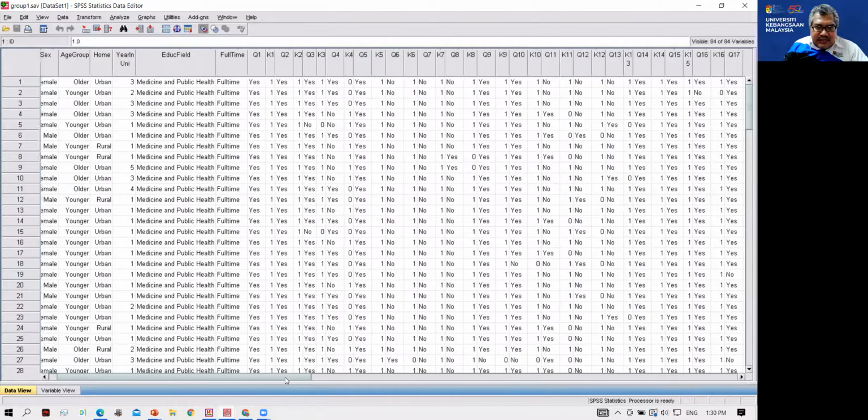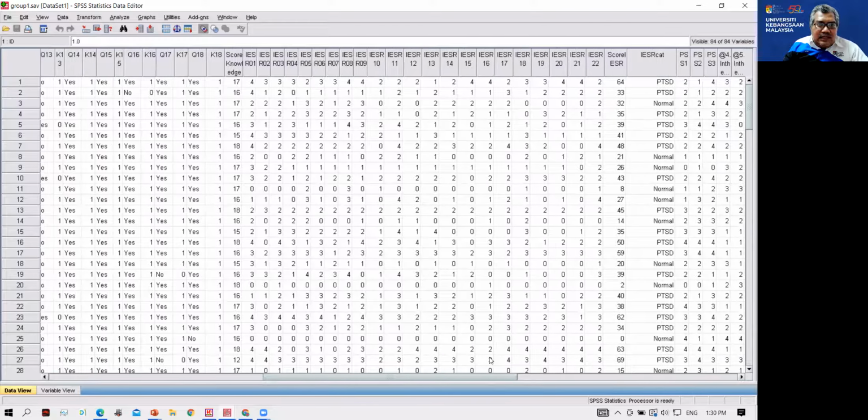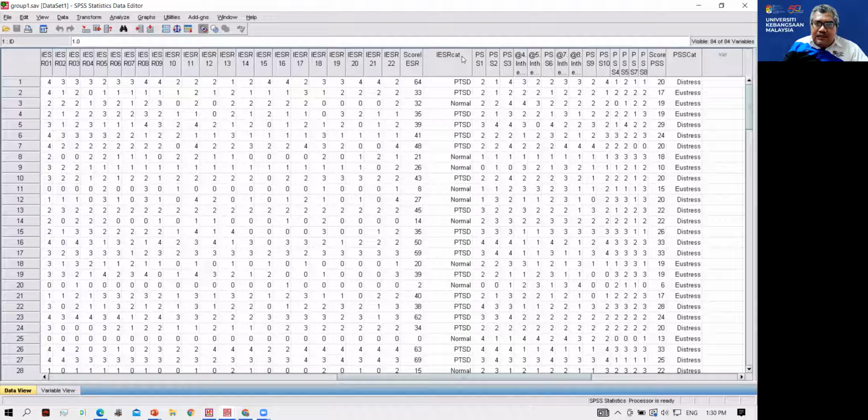For the purpose of demonstration, I'm going to use PSS. So we have the PSS here, PSS 1 until PSS 10. As you can see, there are 4 questions that are negative: question 4, question 5, question 7, and question 8. These questions 4, 5, 7, and 8, I already converted to become positive questions. These are the positive questions. Then you can categorize them accordingly. So let's run the analysis for these purposes.